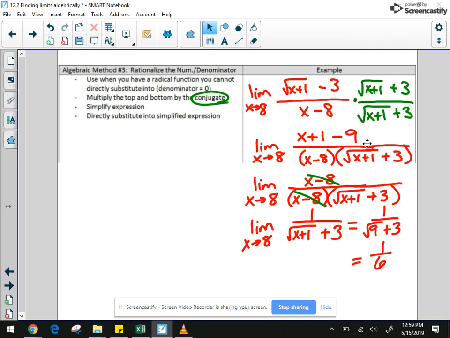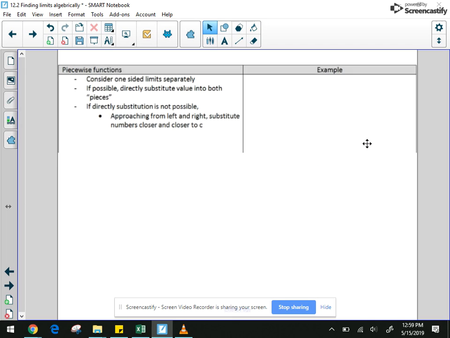Last problem, last type we're going to talk about today at least, is piecewise functions. And in order to evaluate algebraically the limit of a piecewise function, you're going to need to consider each of these sides separately. See if you can directly substitute in. If you can't directly substitute in, see if you can use any of the other strategies we used. Otherwise, you'll have to consider numbers that are closer and closer to the value you're approaching and think about the